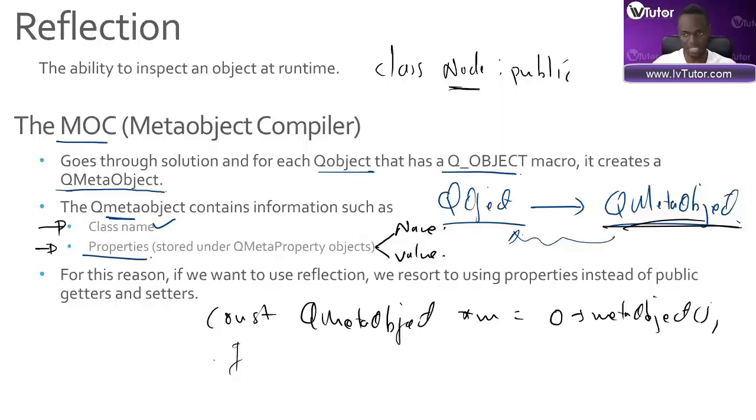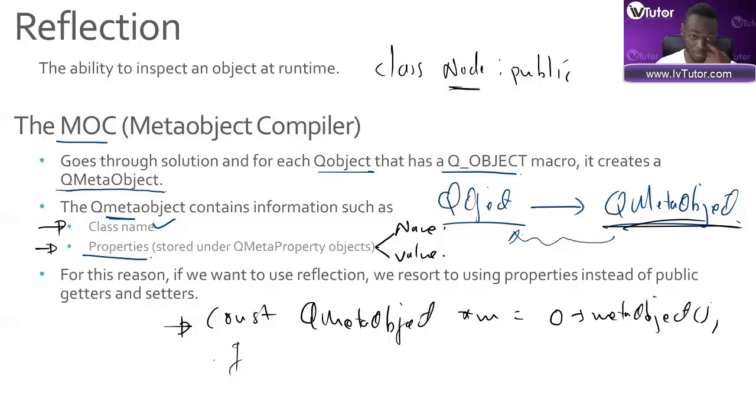Like from this line here down to the for loop and getting all the names and all the values, you have to know how to use this code. So that is basically the theory around meta objects and reflection. So if you want to use reflection,